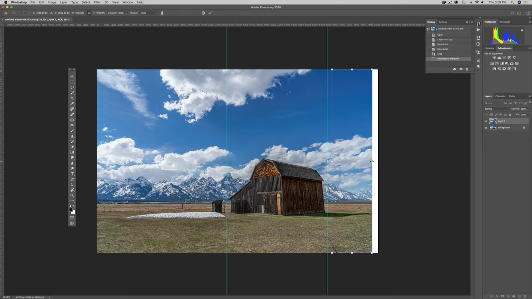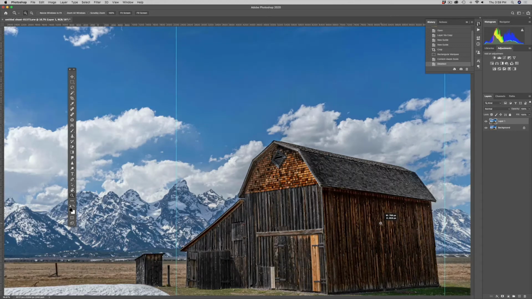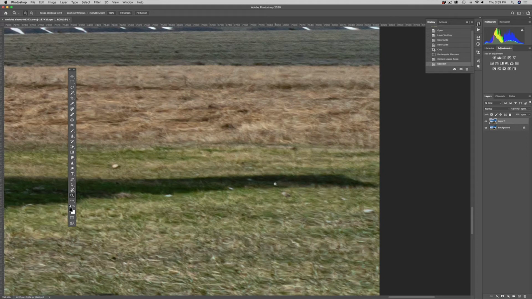Hold down the Shift key because I just want it going in one direction, and I'm going to drag this off to the right. Now, the shadow, of course, came with it, but we're going to fix that. So could I just delete it? Well, no, because that would just be white. So I'm going to zoom way in here, and I'm just going to get the stamp tool or the clone brush, put it at 100%,